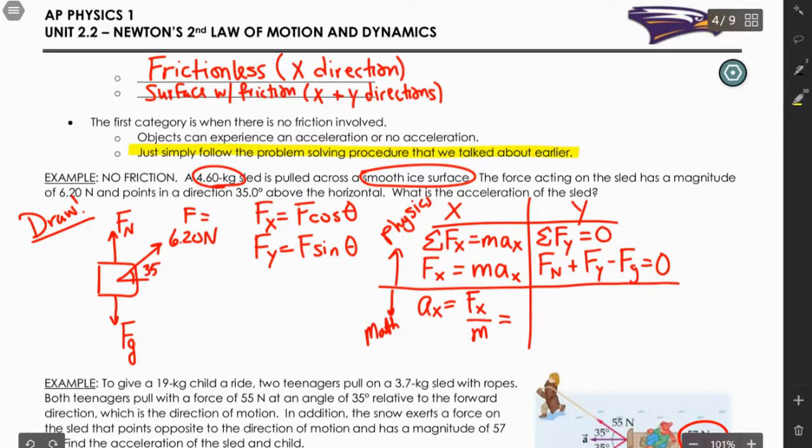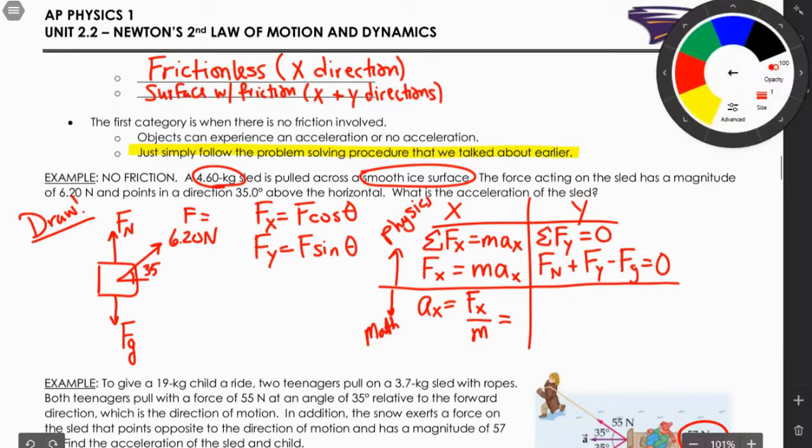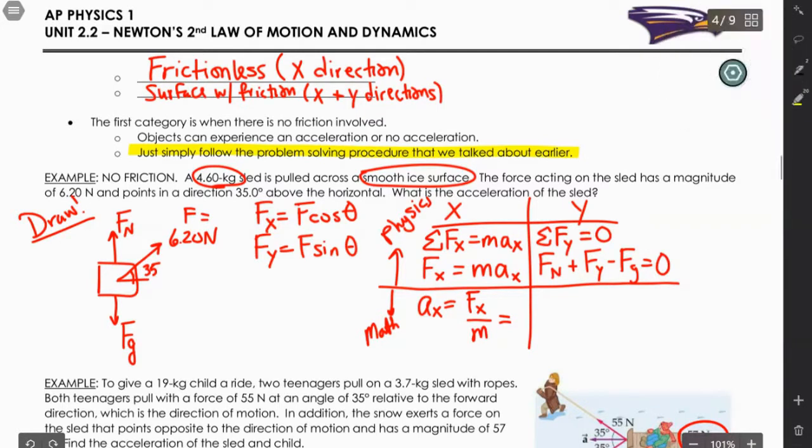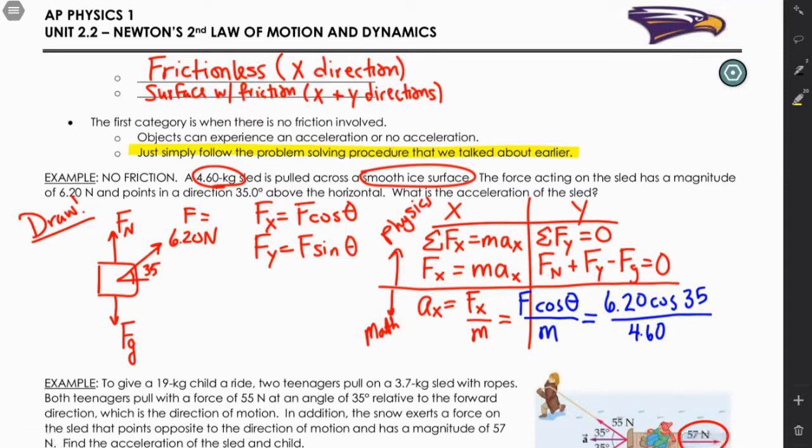Okay, and so let me change colors because we're going to run into the red there. And so we're going to do F cosine theta divided by m. And now I can plug in my numbers. So it's going to be 6.20 cosine 35 divided by 4.60. Okay, and that's going to give me the acceleration of this